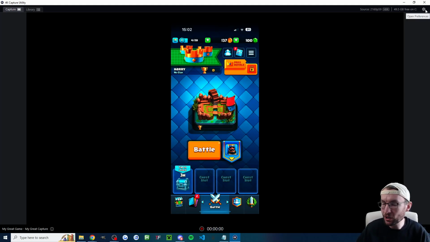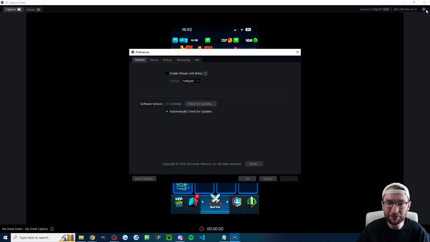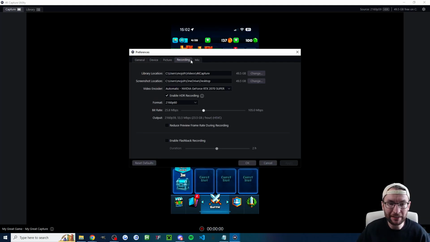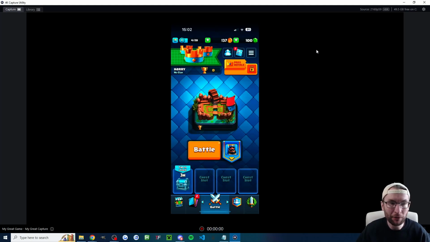And for me, in the Elgato capture software, I can just open the preferences in the top right to change any settings I want. I think by default, most of these settings are actually fine. If you do want to record inside the capture utility instead of with OBS or Live Studio, then this recording tab is where you choose all the recording settings. But in general, I think the 4K capture utility's default settings are fine. So I'm actually going to close out of that so I can add the capture card to Live Studio, OBS,